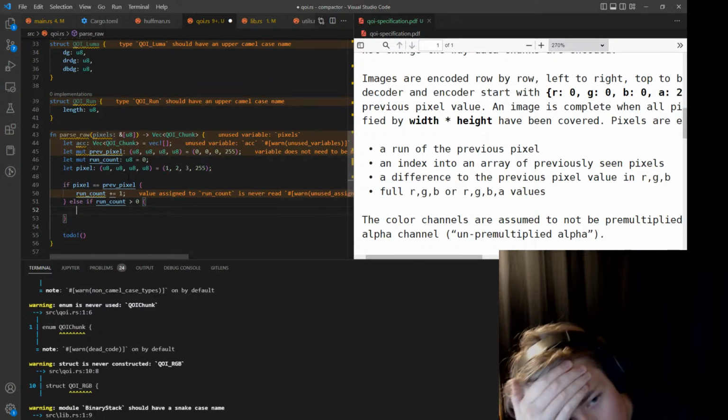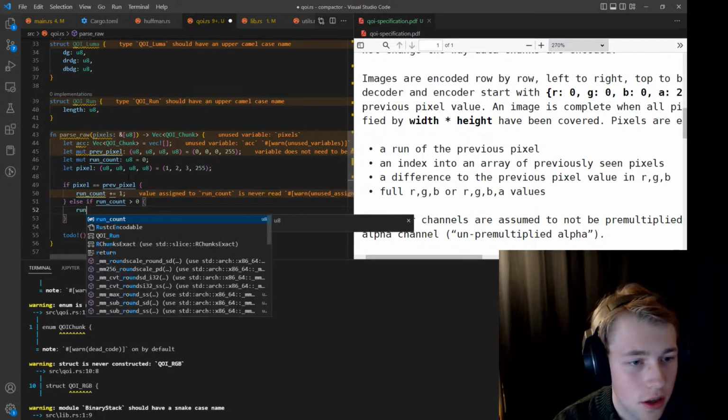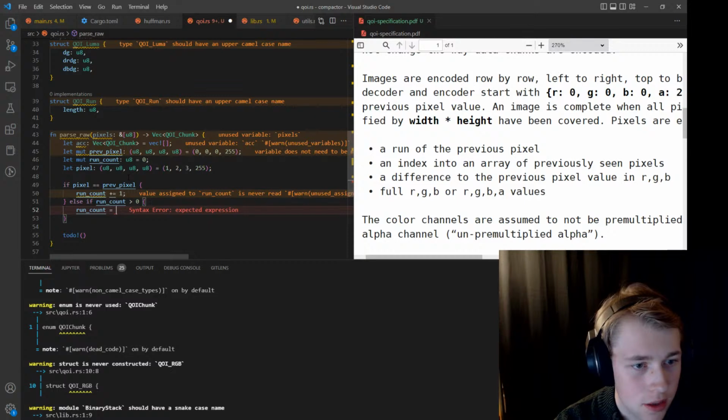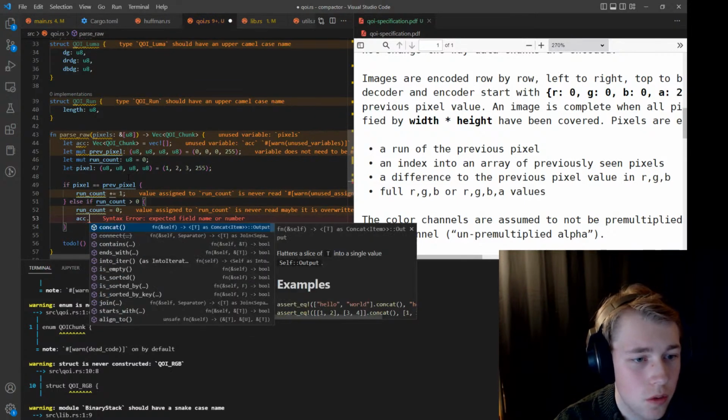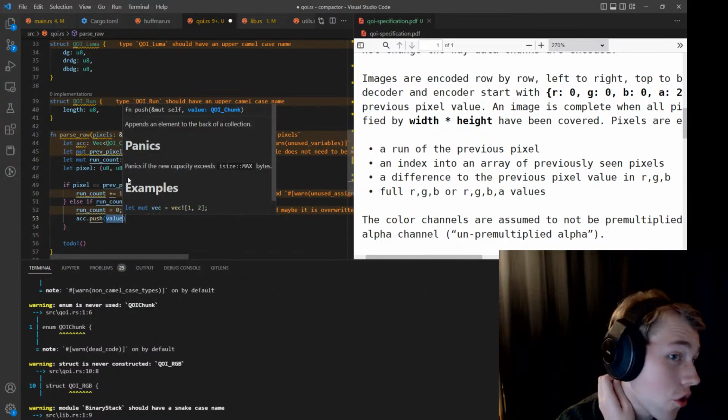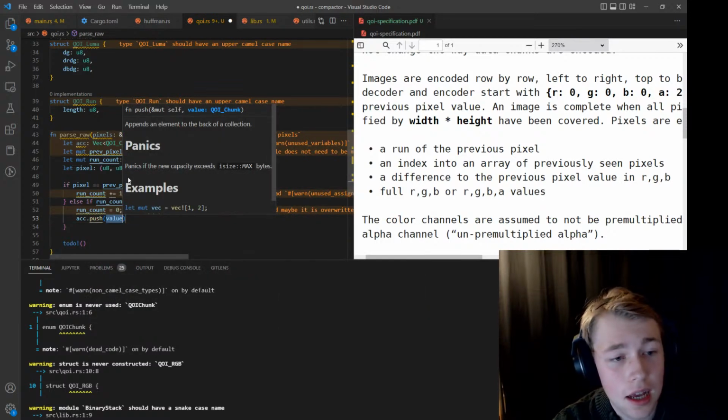So what we want to do is set the run count equal to 0, and then we want to push onto there a